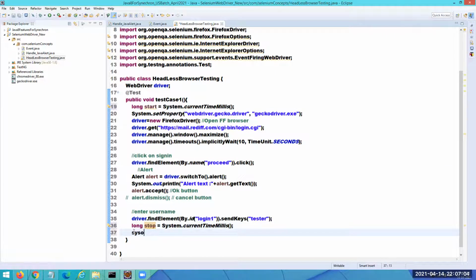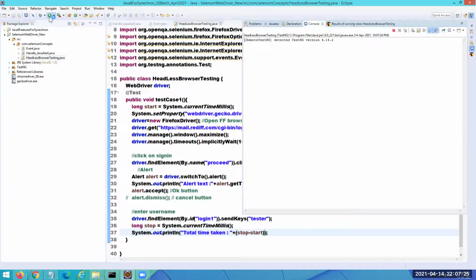Let me print that. I'm going to say system.out.println, total time taken, plus stop minus start. So let me run the same code once again with this and let's see what time it's going to take.